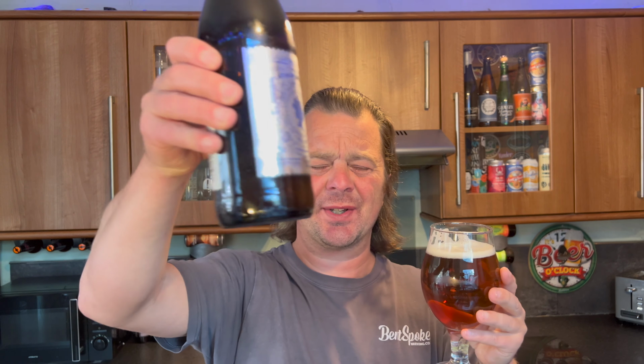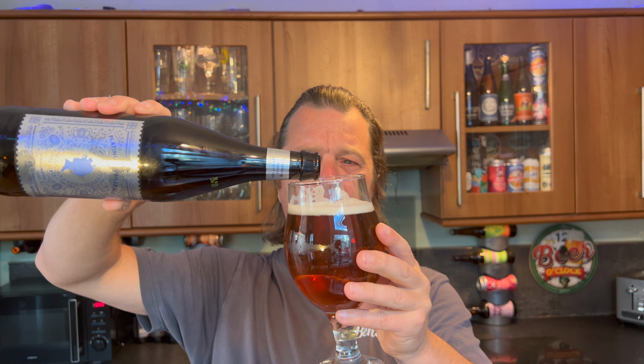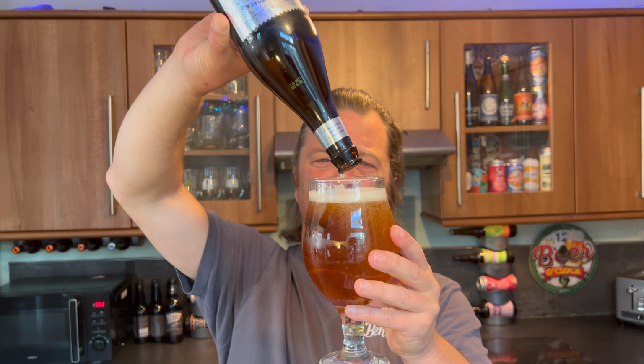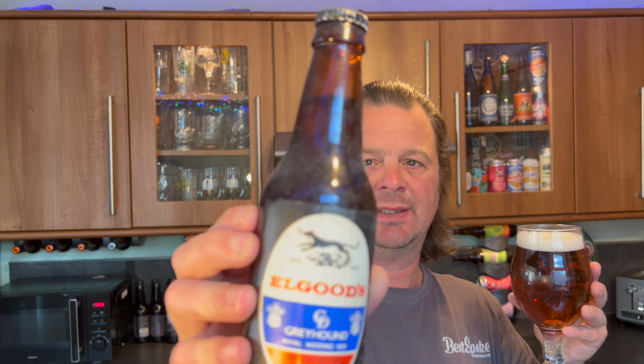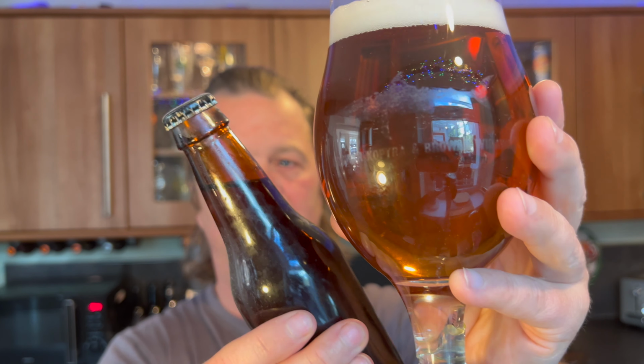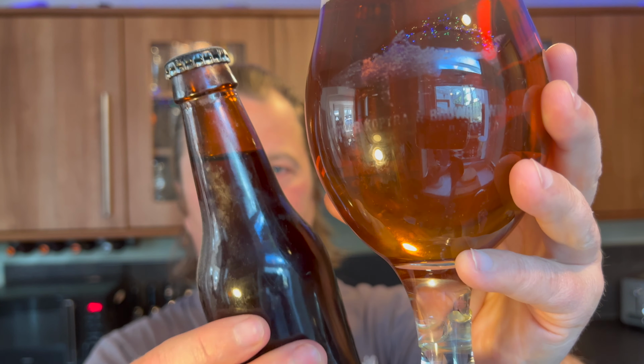This is fabulous. This is glorious, glorious British premium ale. Call it best bitter if you like, at its absolute best. There's a small part of me that wants to open up this old beer. I mean, can we see the colour through that glass bottle? It still looks relatively...